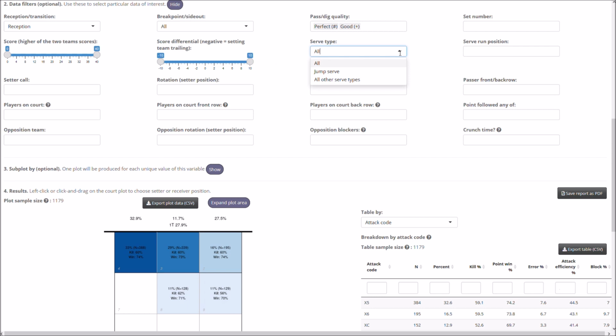The type of serve, jump serve, float serve. The serve run position. This is what a lot of people use custom codes for, saying which serve number in the series it was. We can have that just simply here. The setter call, and I only use the basic setter calls, 1, 2, 7, and no first tempo. There's a few odd codes there, but with these